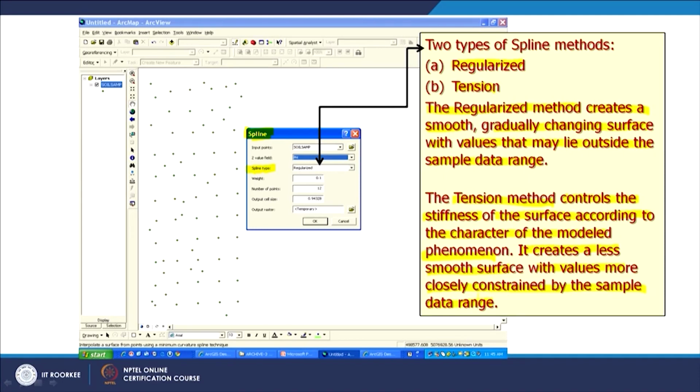And while choosing these variants, one should fully understand what they are and what the defaults are. Because the software people may put something in default, but that may not suit your data set. So, one has to be very careful while choosing. Now, the spline interpolation method is based on a concept called French curves, an old technique, from when we did